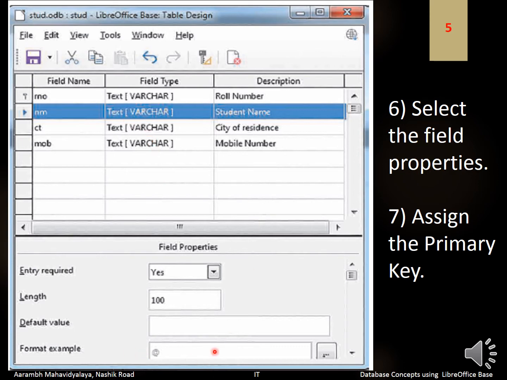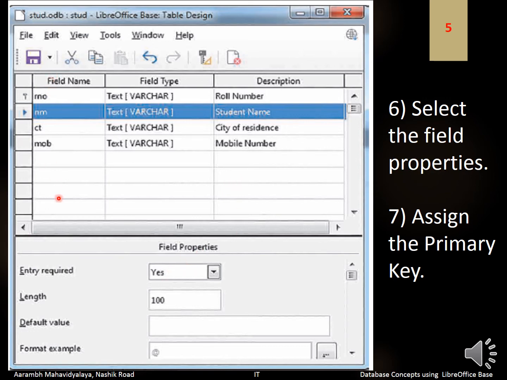Then here format examples are shown. It can be implemented to different fields. These field properties are related with all these field types. This roll number has different field properties, this student name has different field properties, this city has different field properties, as well as this mobile has different field properties.